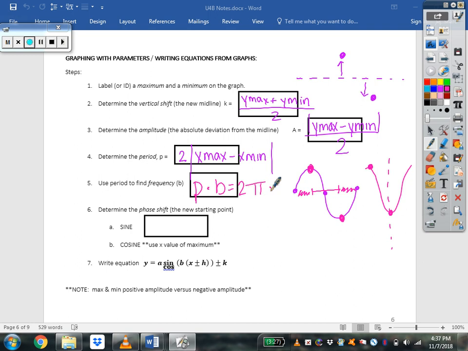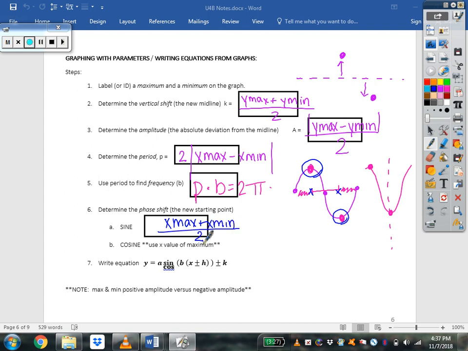So then lastly, we've done everything except for the phase shift. Well, the phase shift, remember, that's your new starting point. So for sine, you have to do a little bit of an adjustment. You're going to actually take your max x value and your min x value, whatever the x coordinate is. You're going to add them together, so x max plus x min, and you're going to divide that number by